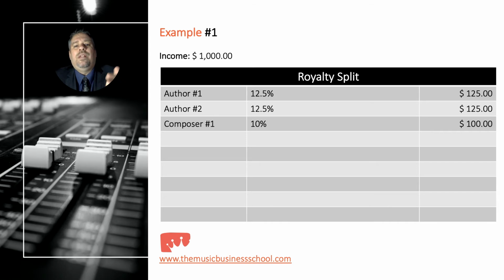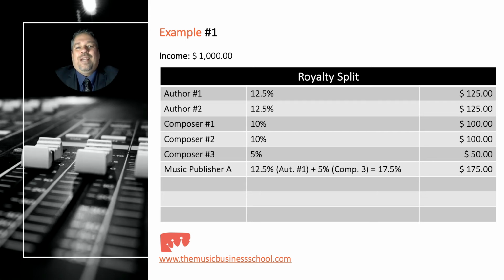The third person is the composer number 1. So composer number 1 has 10%, that equals $100. Composer number 2, same thing. Composer number 3, 5%, for a grand total of $50 here. Okay, so for music publisher A, there's 2 little things we need to consider. Number 1, 12.5% comes from author 1, and 5% comes from composer number 3. That equals a grand total of 17.5%